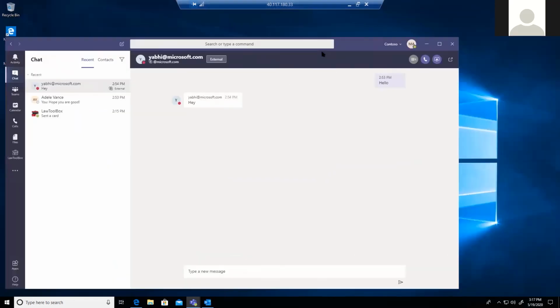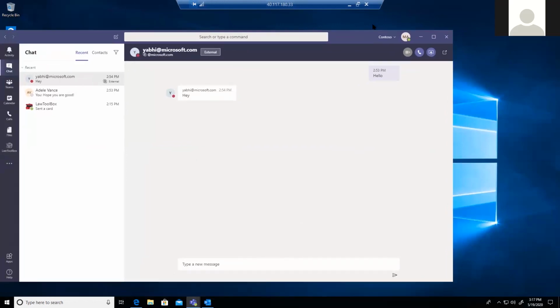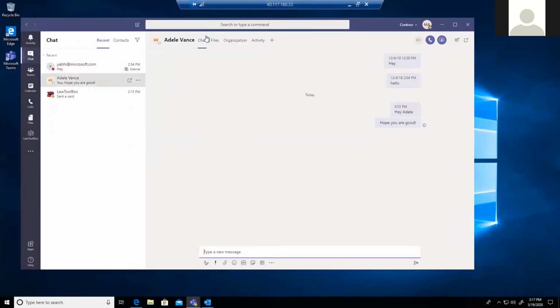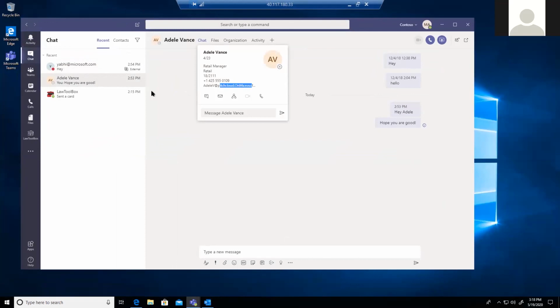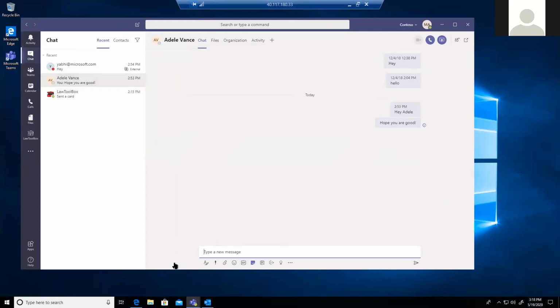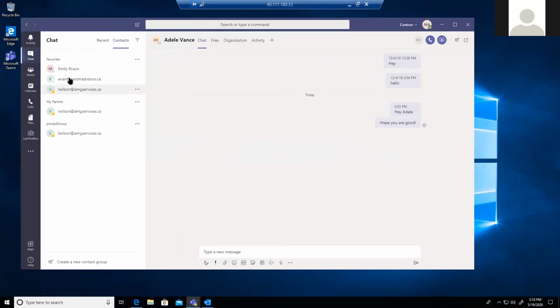So this is a test user, which is actually going to talk to the users who are in the organization itself. This user is offline right now, but if you see, this is my email address for this particular tenant. I can chat with this person with a lot of functionalities. We'll talk more in detail, but just to show you, here your contacts will be. Be it external contacts or internal contacts, you can add your people here. And the contacts you have recently talked to will be added here.